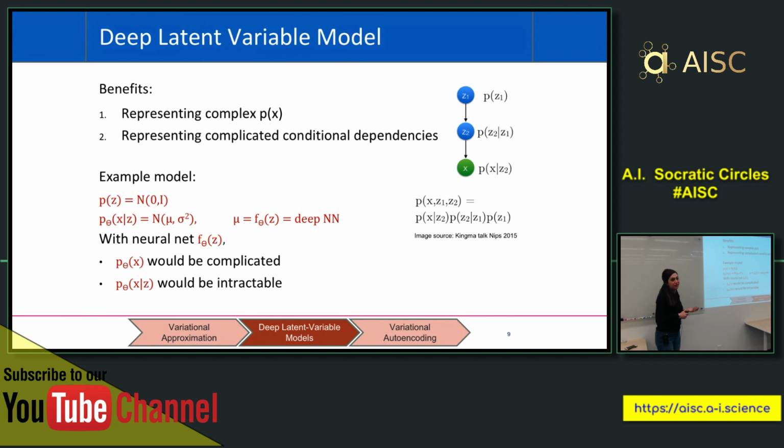And this way we can represent or model complex data. For example, we can use a deep neural net to represent our latent variables. So this is the rationale of why we use deep learning models. And back to